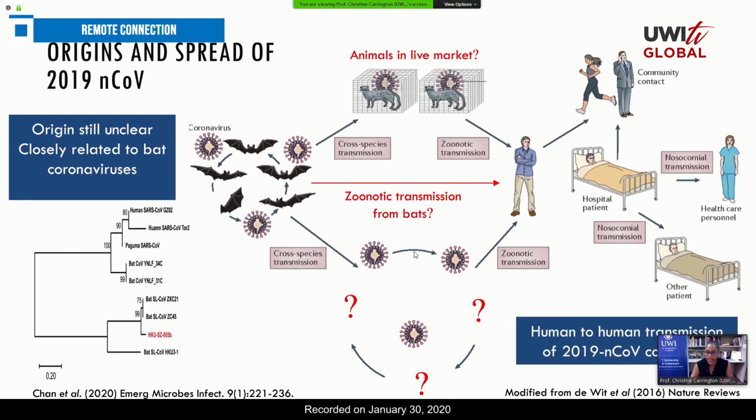Right. So the virus is now in the human population, and it is now clear that it can also spread from human to human, since the majority of new cases that have been recorded have no history of exposure to the market that was suspected to be the source of the virus. And there have also been cases of healthcare workers caring for patients with the virus who have contracted the infection.